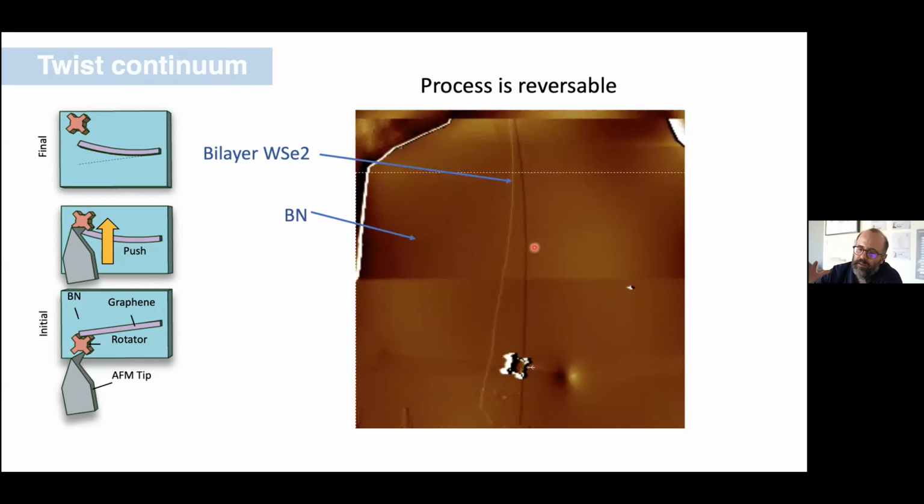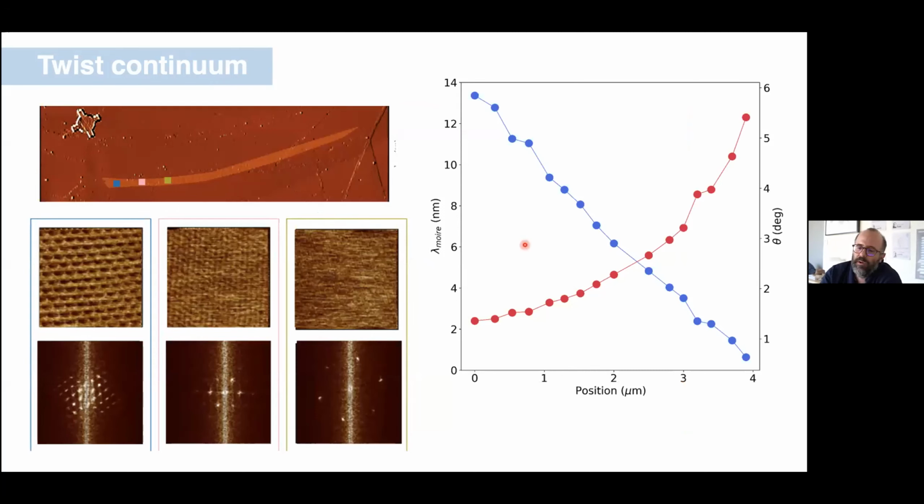You can undo that. This is not reversing the image. This is pushing the handle to the left and then physically pushing the handle back to the right. So this is actually a reversible process. If you buckle too far, I'm not exactly sure, it seems maybe it tears or something. It becomes non-reversible, but there's a point where it is reversible. Okay, so we can do a little bit more analysis.